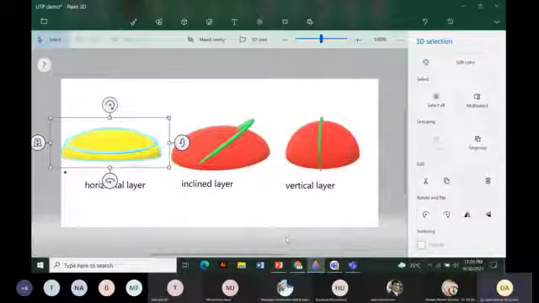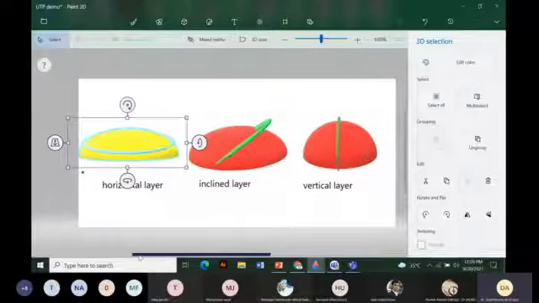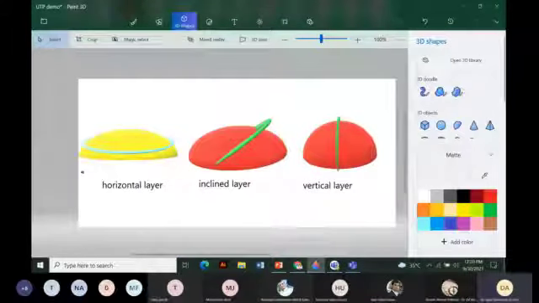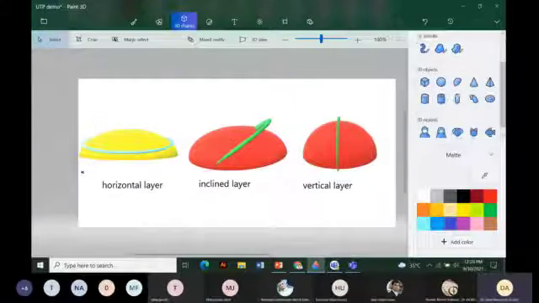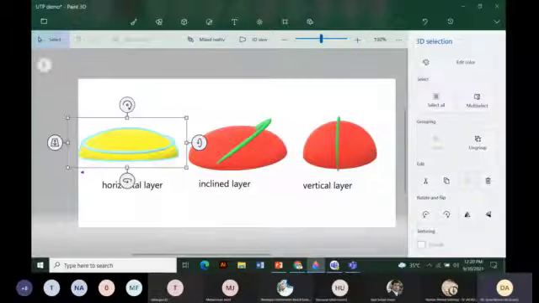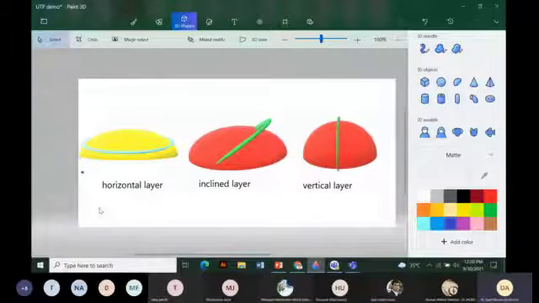I just used a very simple conical hill. You can use the 3D shapes here. You can use this one, and then for a horizontal layer you can use a donut. So you can see that this one is just like a horizontal layer, and what we see is just like a road section, and we see that the layer is intersecting.